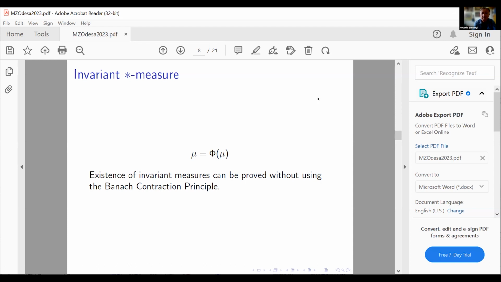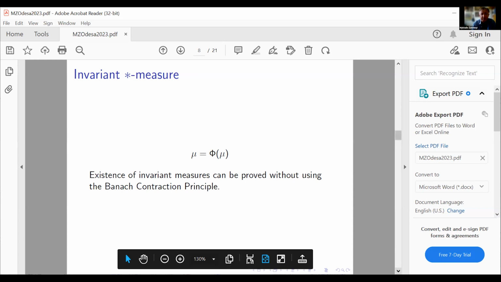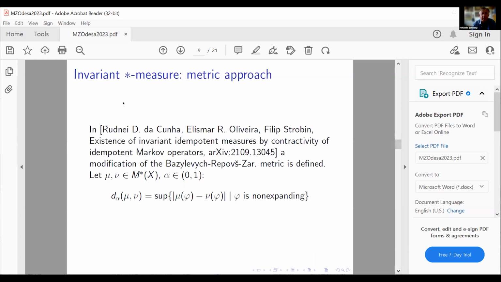And it turns out that this proof can be modified so that it works for invariant measures, and this is our result. But I would like to mention also the metric approach. Actually, recently in 2021, D'Acunha, Oliveira, and Strobin published a preprint. It doesn't exist as a paper,